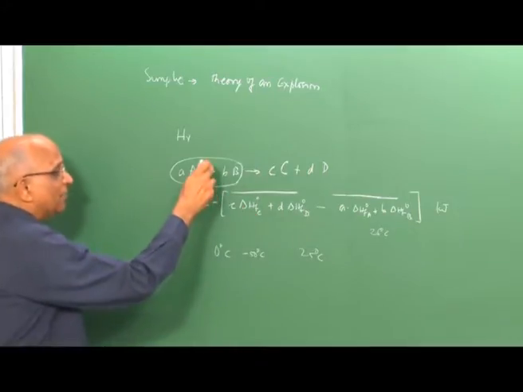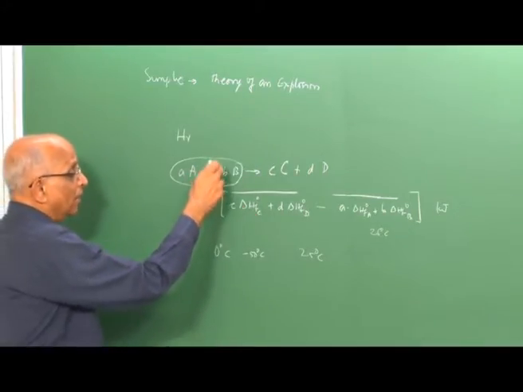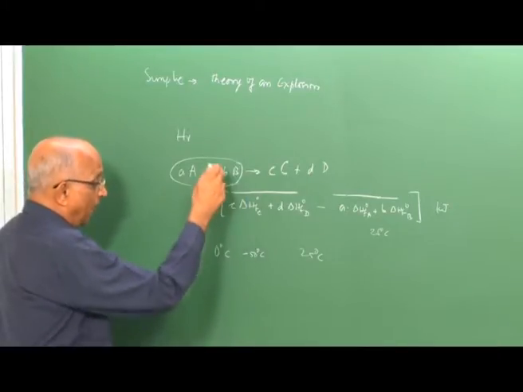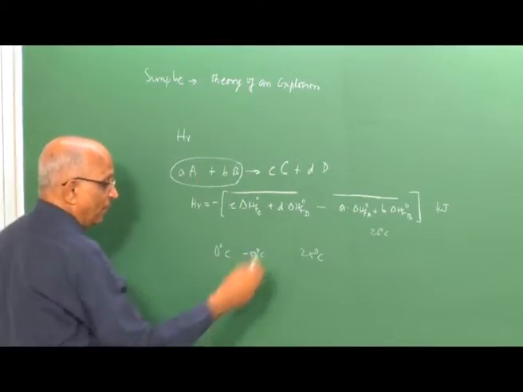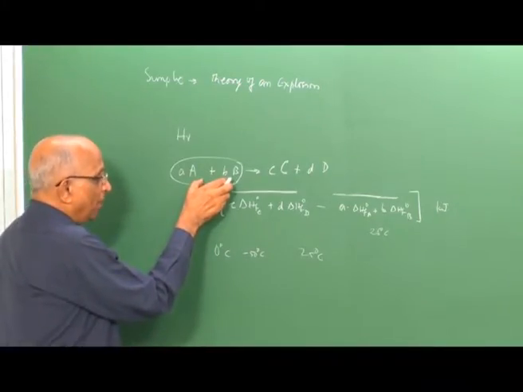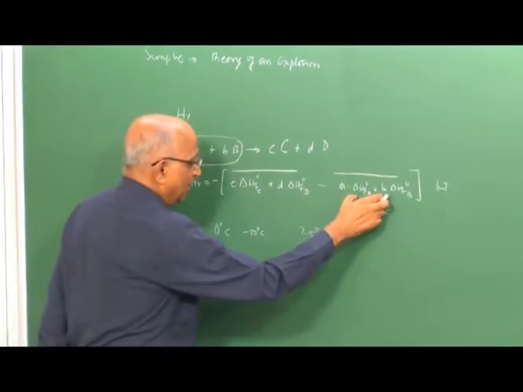And in case I have something like liquid methane, whereas methane is taken as a gas, I also supply the latent heat at the boiling point and then bring it to 25 degrees. That means I supply the sensible heat and latent heat to bring the reactants to 25 degrees centigrade,